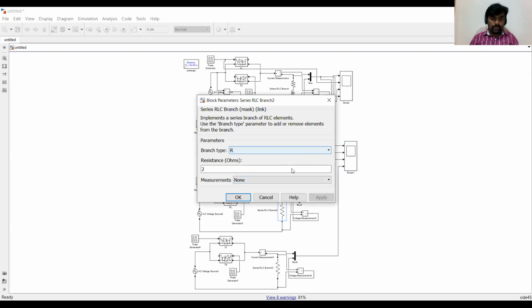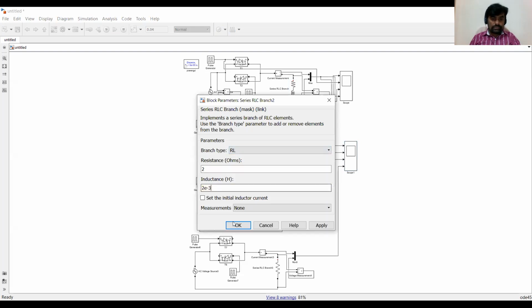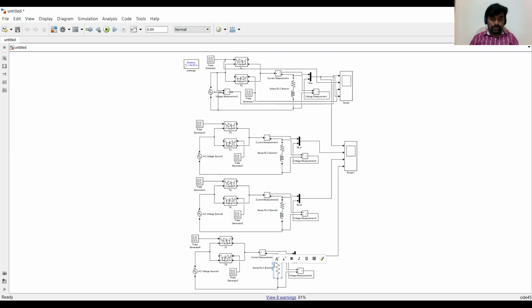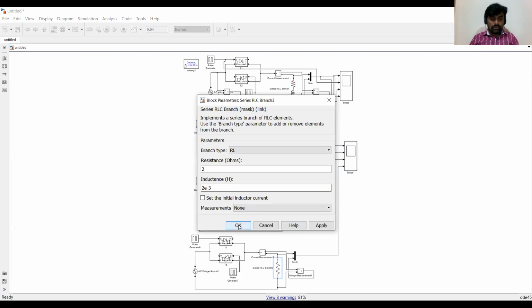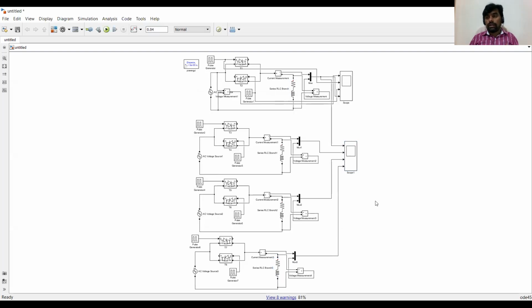Then the load will become resistive inductive load. And you all know that when there is an inductor in the load, the output current will lag the output voltage by some angle. So let me show you first this waveform at alpha equal 30 degrees,